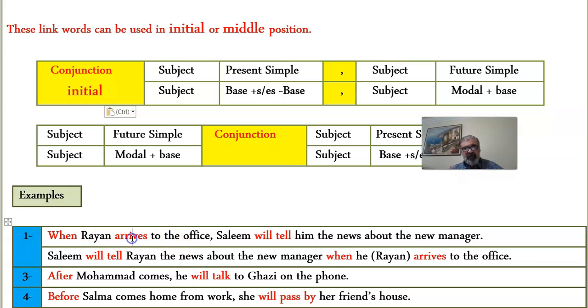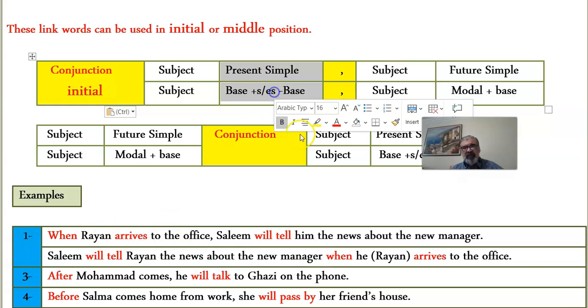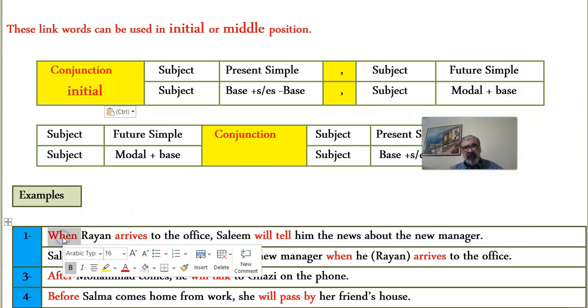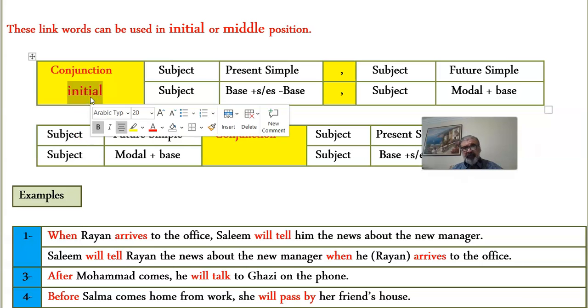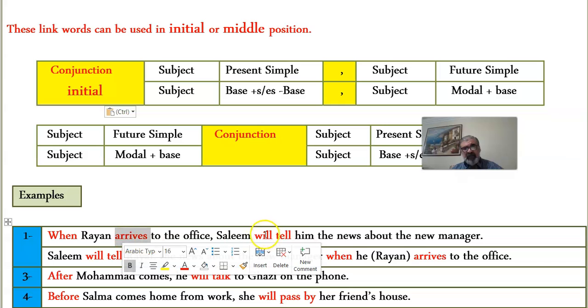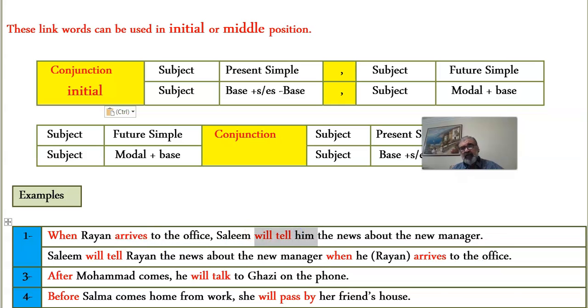When Ryan arrives, that's the present simple. Salim will tell him the news about the new manager, that's future simple. So again, when is used in initial position. Therefore, it was followed first by the present simple and then the future simple. However, if you are going to use this conjunction in middle position,